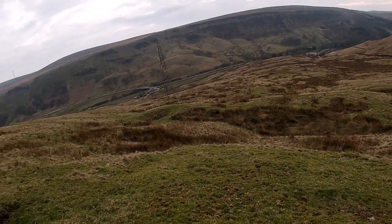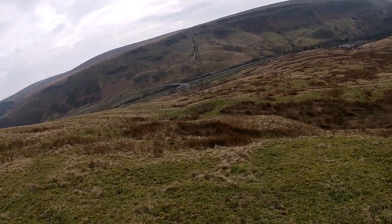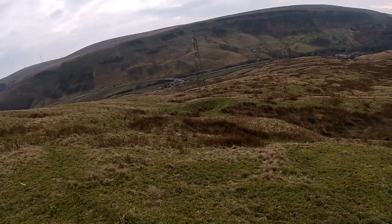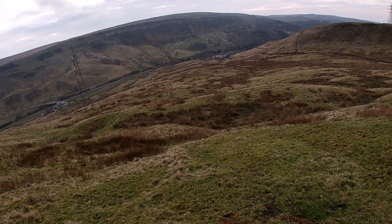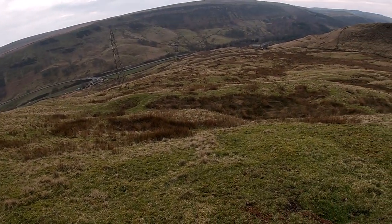And we're still not 100% over. We're still not even on Ruddle yet. Ruddle's over here around the corner. This is like the back end of it. You can just see how many there were, can't you? That one looks pretty deep, doesn't it? Yeah,